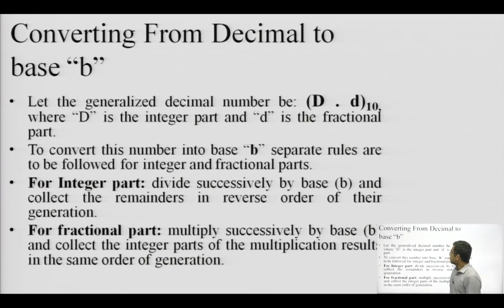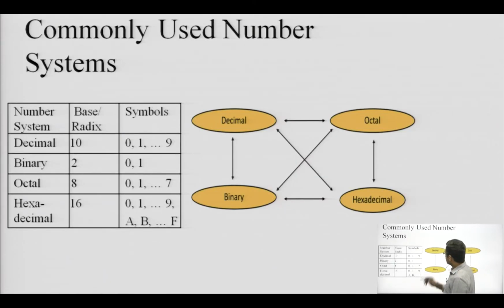Now coming to the basic details of these number systems. There are 4 number systems: decimal, binary, octal and hexadecimal. These are characterized by their base. The base is the number of symbols offered by a number system. The decimal number system offers 10 symbols, 0 to 9, and binary offers 2 symbols, 0 and 1. Octal offers 8 symbols, 0 to 7, and hexadecimal offers 16 symbols, 0 to 9, and then 10 to 15 are represented by A to F, 10 being A and 15 being F.